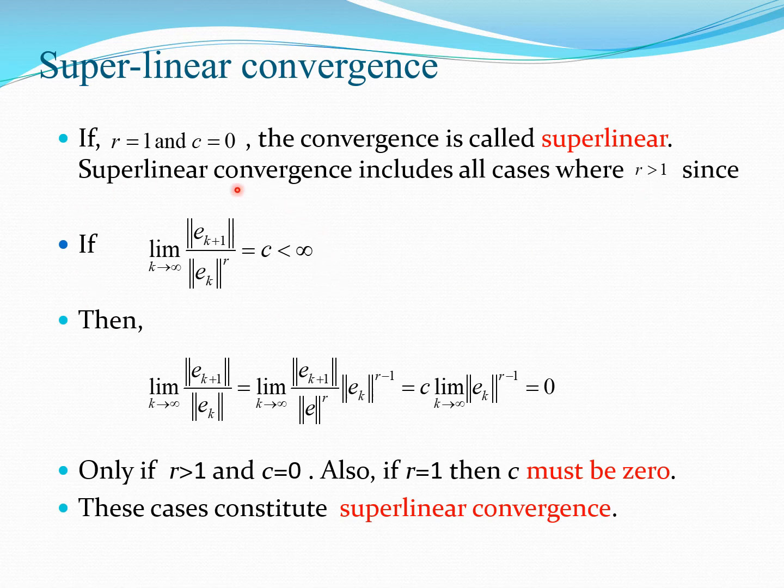So if you look at this particular definition and you then write this out, this limit here in this form, you can write this as if you take e_{k+1} by e_k, this can be written in this particular form. So again here remember R is equal to 1 is being taken. And so if we write it in this form, you can get this here because this value is simply C. And so C being 0, you get this value here. So in this equation, we can see that if R equal to 1, then C must be 0 for this limit to be driven to 0.